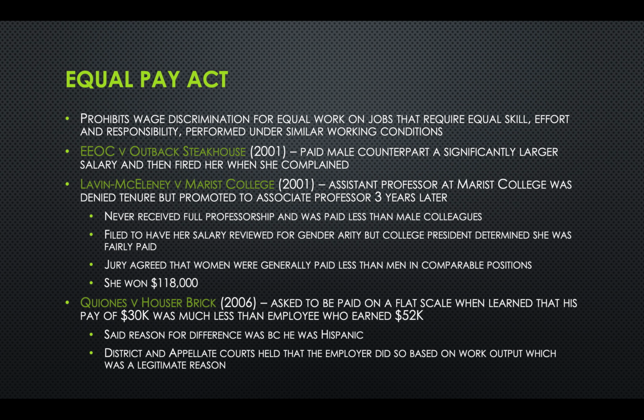In the Marist College case, there was an assistant professor there, and she was denied tenure, but was promoted to associate professor 3 years later. She never received full professorship and was paid less than her male colleagues. She filed to have her salary reviewed for gender parity, but the college president determined she was fairly paid. She won $118,000 in attorney's fees and back pay when a jury agreed that women were generally paid less than